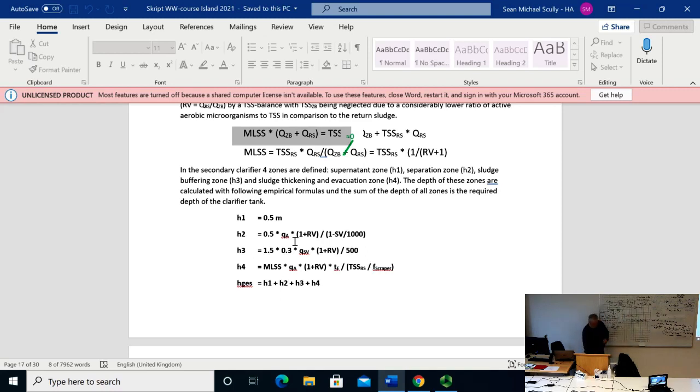Divided by 50. There's something to do with the sludge loading, really applies to,